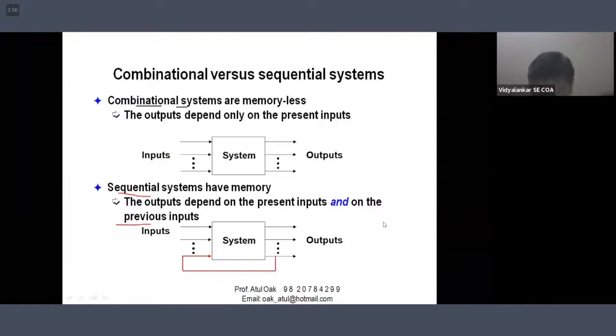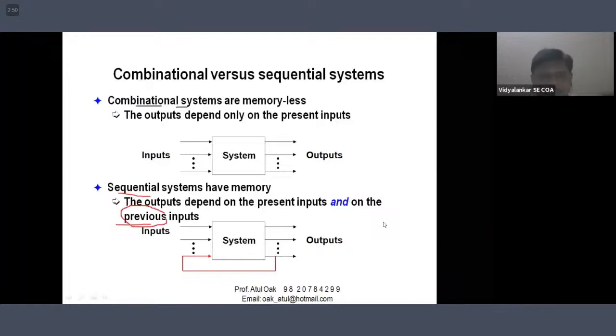Because the question is how we get this particular previous input. See the word previous. Previous refers to history. And history means there has to be some facility. That facility is called memory, to remember. So sequential systems have memory, and combinational systems do not have a memory. The possibility is less, but because we are starting the discussion of digital circuits, this can be a question: